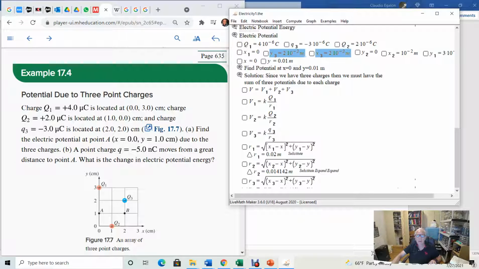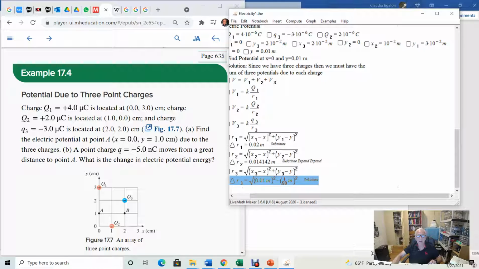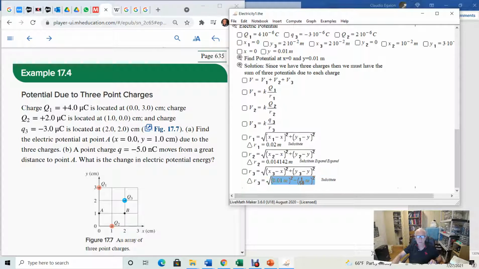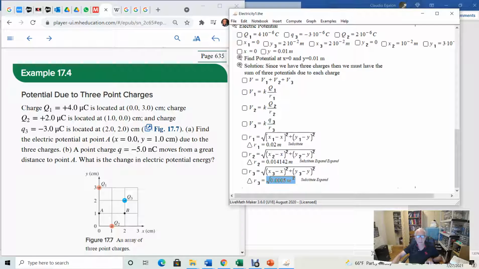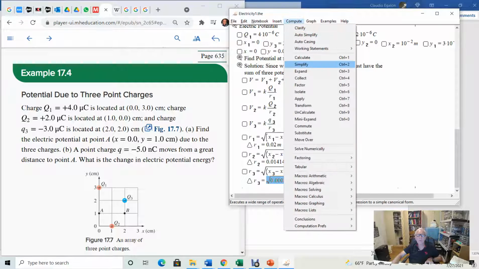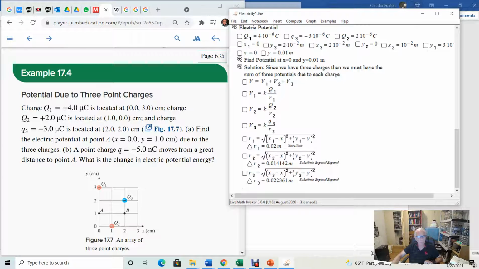X3 and Y3. Here you go. Go ahead and expand and take the square root. 0.022. This one is a little bit more difficult to find out, but it's going to be this square plus this square root. And now we found R1, R2, R3. We can move ahead and calculate